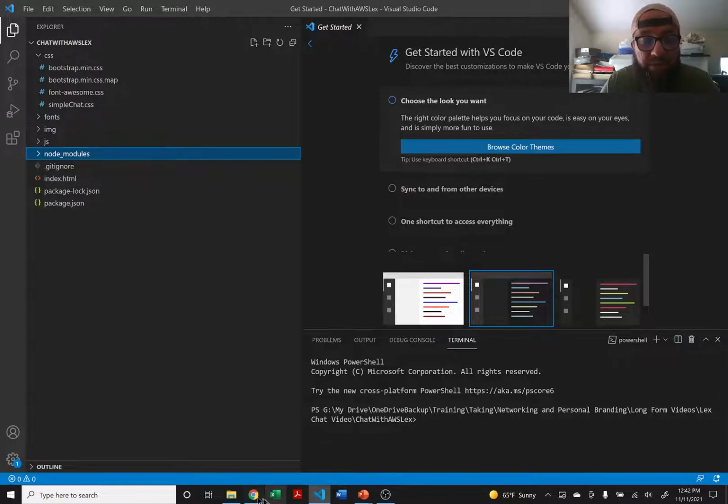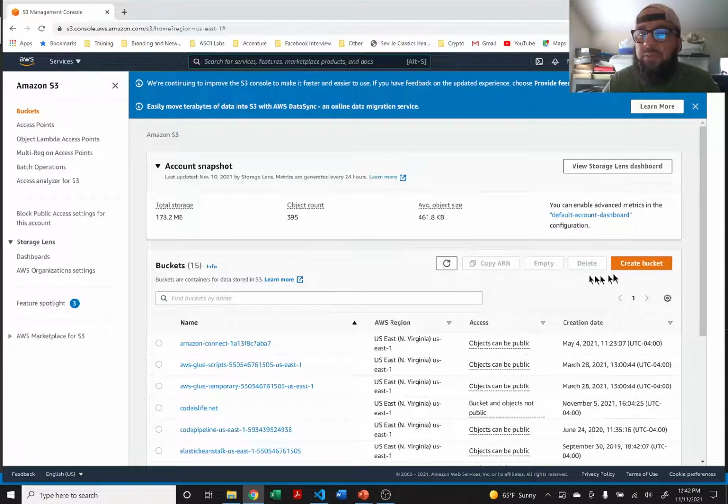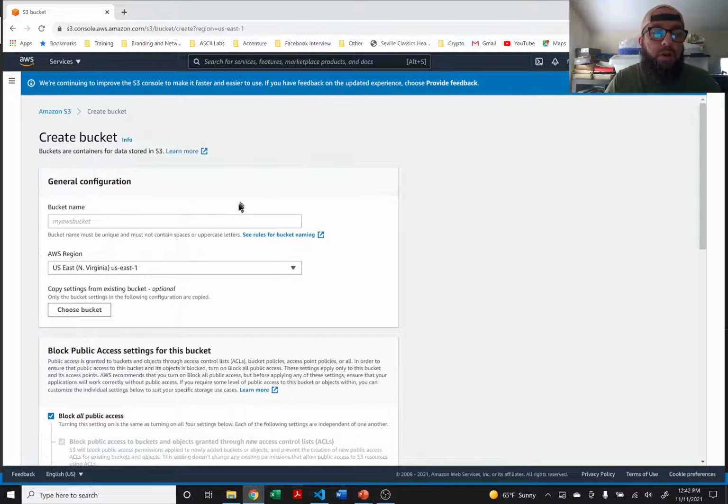So now let's go ahead and create our S3 bucket. We're on our S3 console. We're going to go ahead and create our S3 bucket. We're going to call it Lex sample chat. I'm using zeros instead of dashes. So Lex sample chat 11-11-21. That is the date today. And because S3 bucket names need to be globally unique, this name should be globally unique. I don't think there is another first of all creating a Lex sample chat video today, so it should be